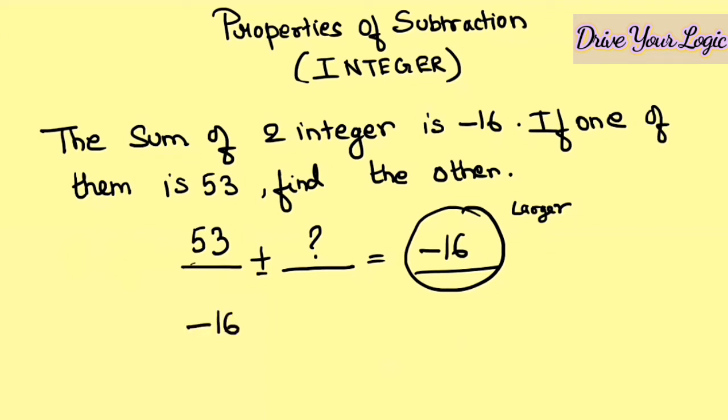So I have to write minus 16 first. Then according to plus dash, I have to do subtraction. Plus dash means subtraction. What will you subtract? The other number. So your answer will be minus minus. You have to do addition, that is, in your mind you will do the addition. That is 69. But you will put the sign of the bigger number. So this is your answer.